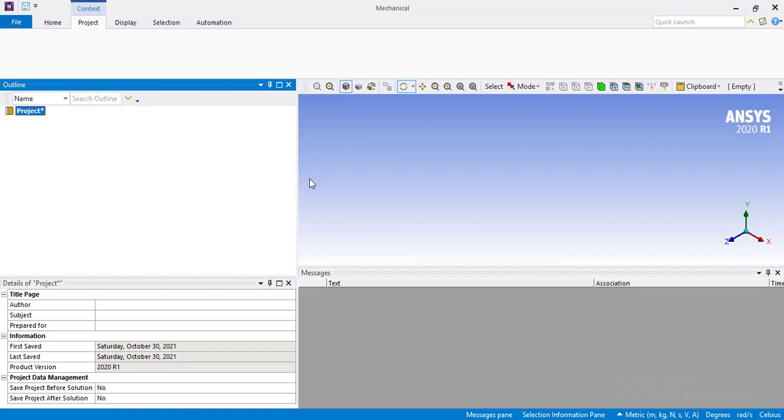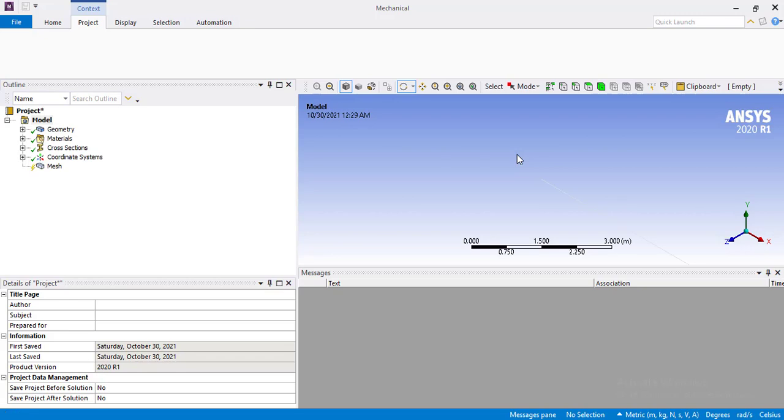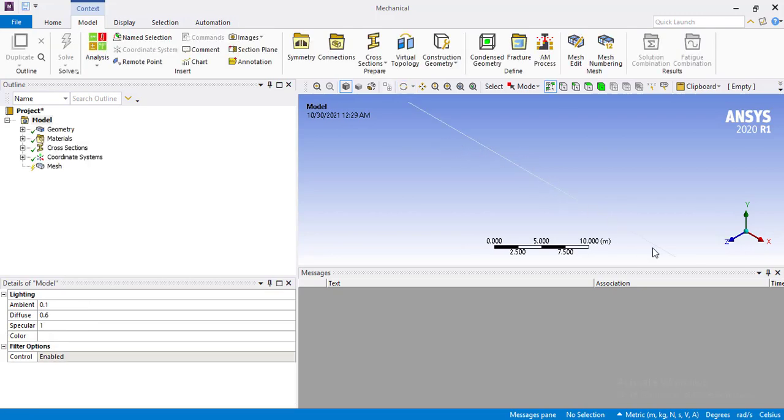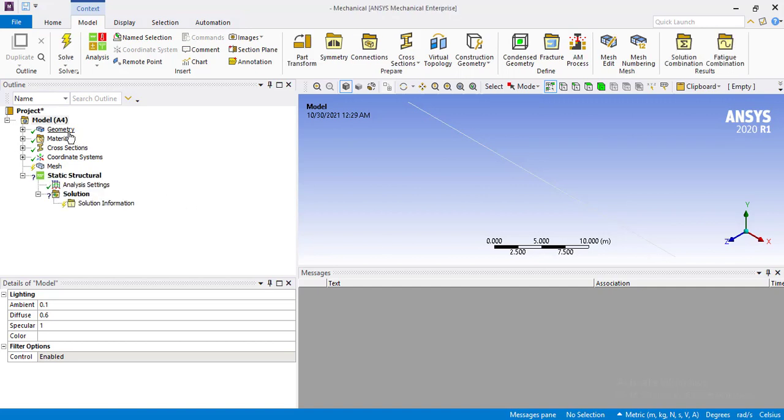As soon as it loads, we will start working on the geometry. This is your model tree, this is your main tab, this is your details window, and this is your viewport. In the viewport you have to select the geometries. As you can see, this line is the line body that you have recently created. The tree outline shows the elements that you have to use for conducting this analysis.